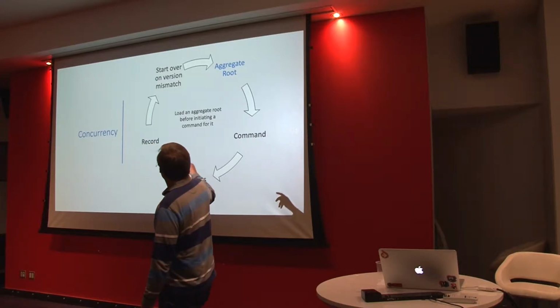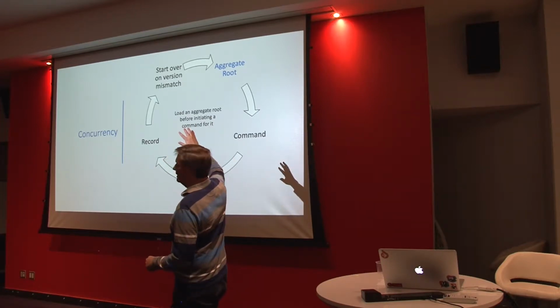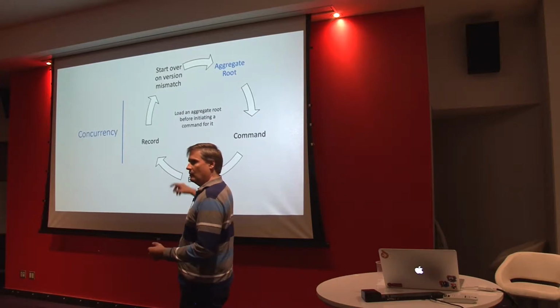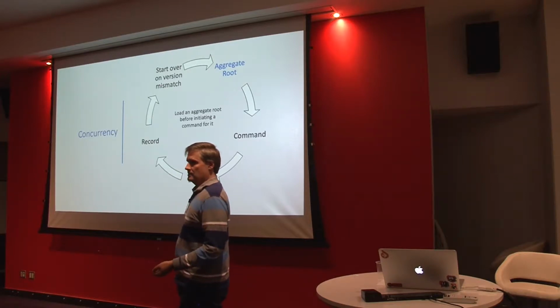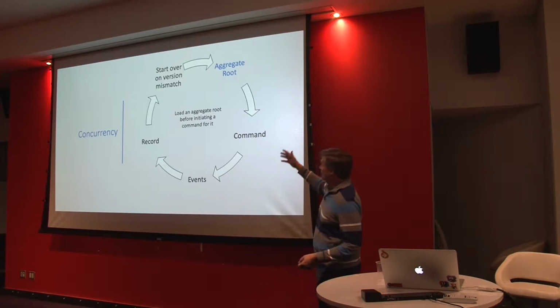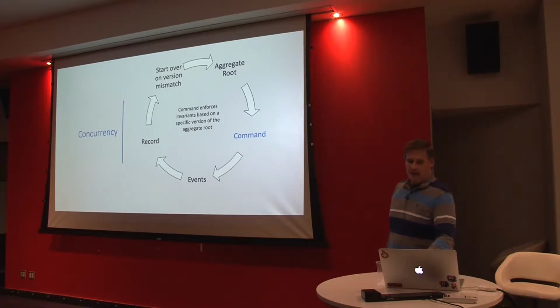In CQRS, the aggregate root, the record operation goes through this cycle, and it can run more than once if it needs to make sure that what gets recorded to the event stream is consistent and that it is enforcing your business rules properly. So we're just going to go through each step. We start loading the aggregate root, and it'll have a version associated with it. We pass that to a command, which looks at it and figures out with parameters what needs to happen to the aggregate root or what events it wants to create. The events get made into a list and passed into something that's going to be recorded. And at this point, they get written to the event stream